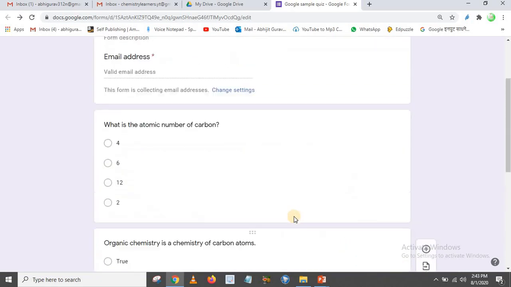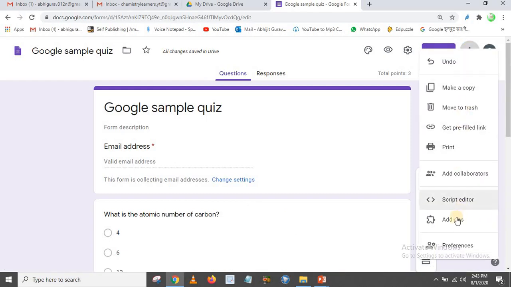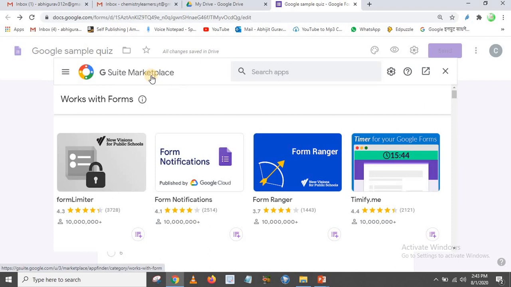Now the next step: if you want to set a response limit or time limit, you have to add an add-on from the Google Apps. Click here on more, and you will get add-ons. After clicking on add-ons, it will show you the G Suite Marketplace.